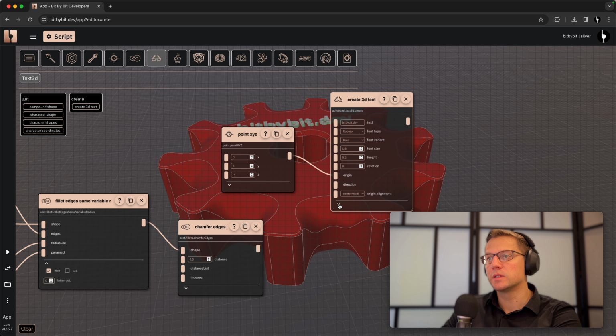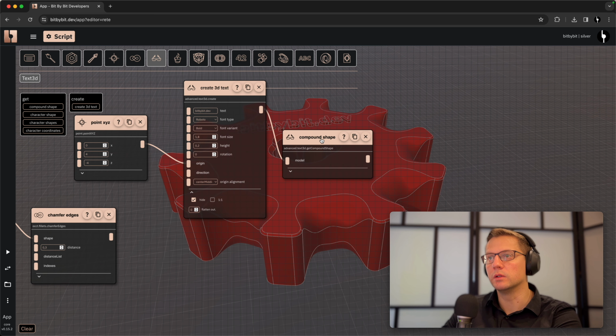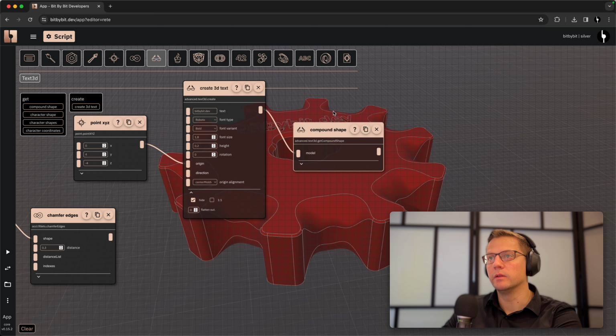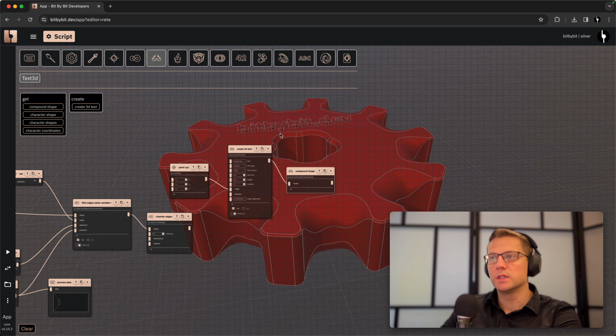Okay, so I have this. I will hide it, and I will get the compound shape of it, because at the end we will combine all those shapes into one single shape, and I don't want the default drawing command of this component to intervene in my drawing. So this is now a text on the top, and we had a text on the bottom,